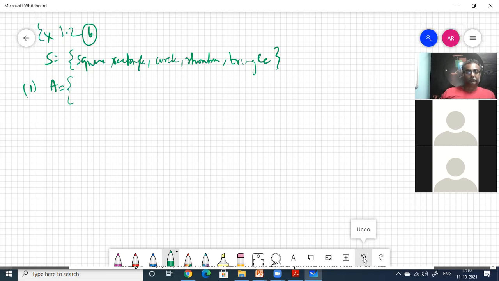Is it square and rectangle, uncle? How much angle is there inside a square and rectangle? How much is this angle? 90 degrees, uncle. And this one? 90. This one? 90. So 4 into 90, how much will be in a square or rectangle? 360, uncle. He's asking for a figure where sum of all interior angles is 180 degrees. You studied this, you are not remembering. 8th standard geometry, very weak.